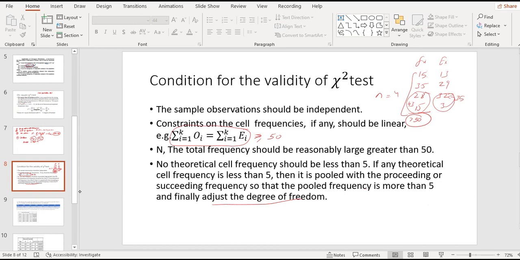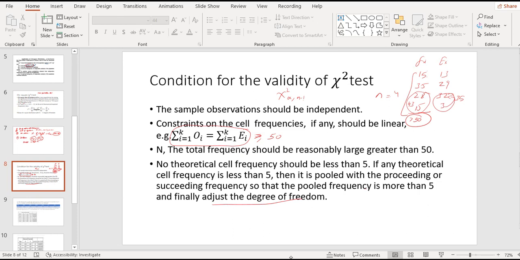Okay, and on the basis of that only we are going to calculate the value of chi-square at the given level of significance and n minus 1 degree of freedom. So, one more important point